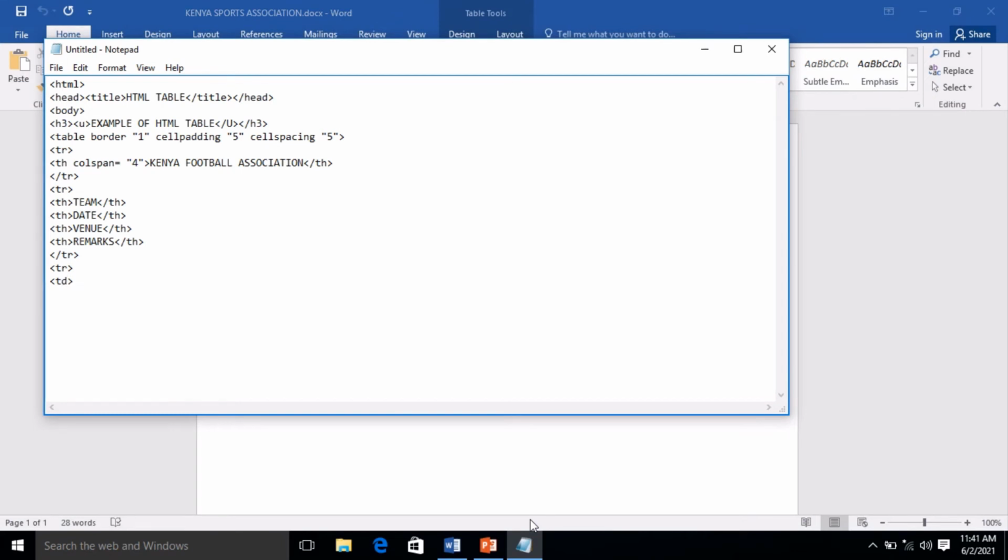We have Sofapaka. So we close that table data. We open another table data. The same way, instead of continuous typing, I can copy this